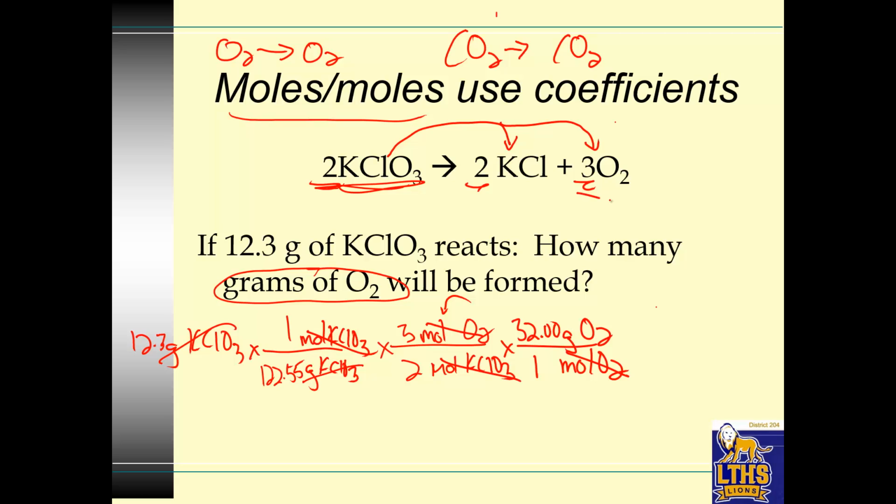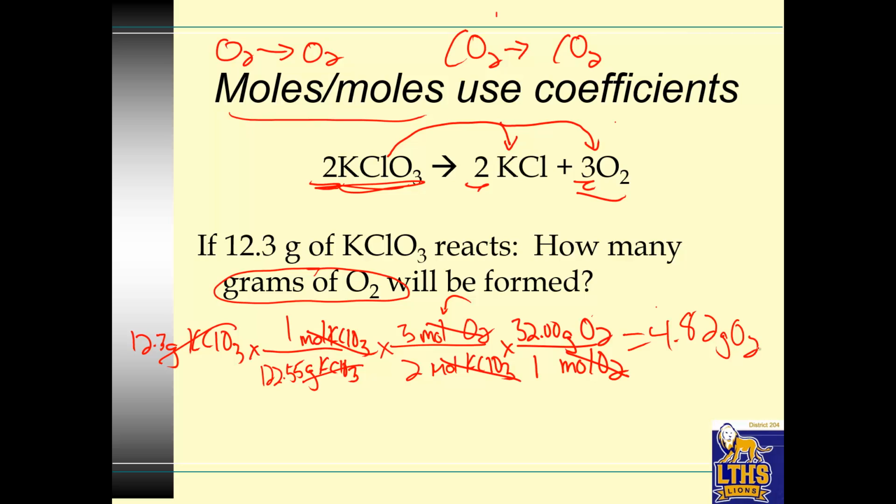Now why isn't it 3? Well, that's a good question. These things have to equal each other. They are equivalencies. Okay, 32 equals 1 mole. If I put a 3 here, I'd have to multiply this number by 3, which is silly and just doing more math than we need. 12.3 divided by 122.55 times 3 divided by 2 times 32 equals